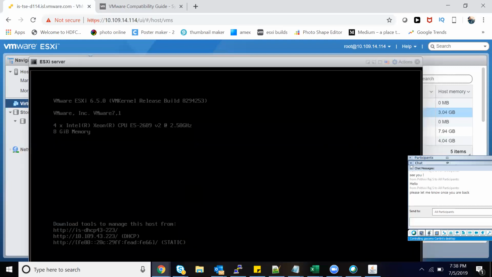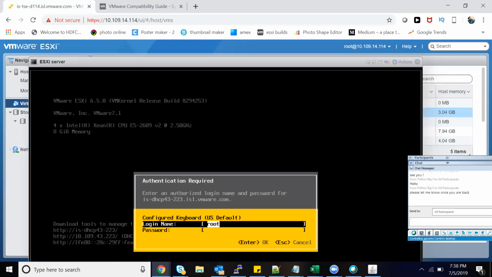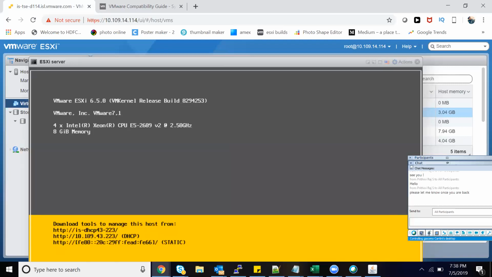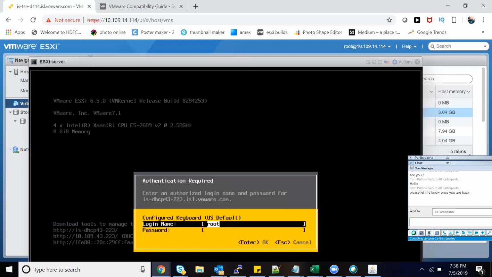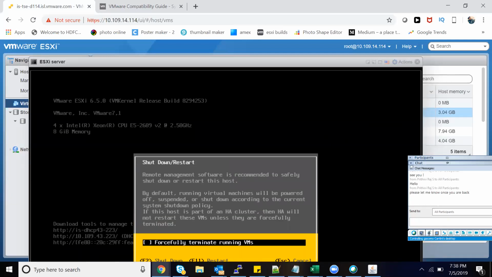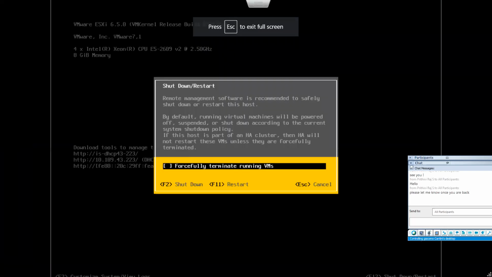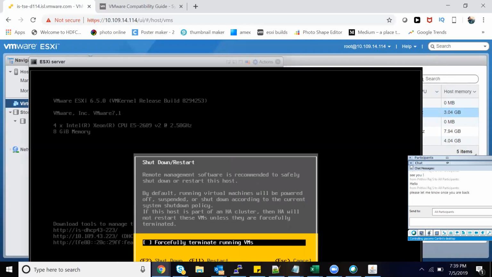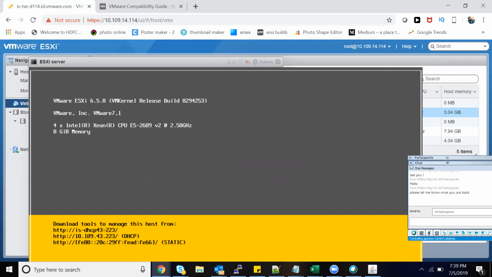So this is the installation process, and this is how you access the DCUI: F2 to log in. To reboot the ESXi, you have to push F12. With F12 you get the option to reboot. It will ask again for the password. Then it will ask whether you want to forcefully reboot or do a normal reboot. So these are a few of the options that you need to know. This is called DCUI.